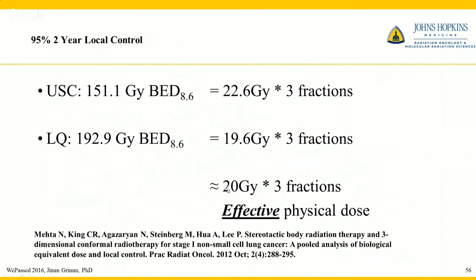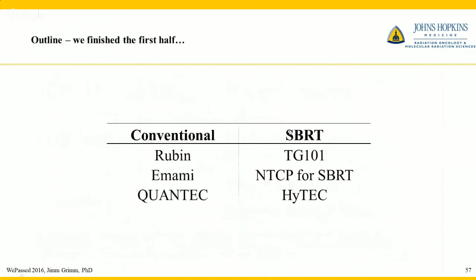Whereas for the Martel data, 1999, it was a struggle to get 50% control. Now in SBRT dosing, 95% control is within the realm of possibility, and some people are even talking about dose de-escalation. Although the length of follow-up is not very long yet, so it's going to take some time before we're secure in that.